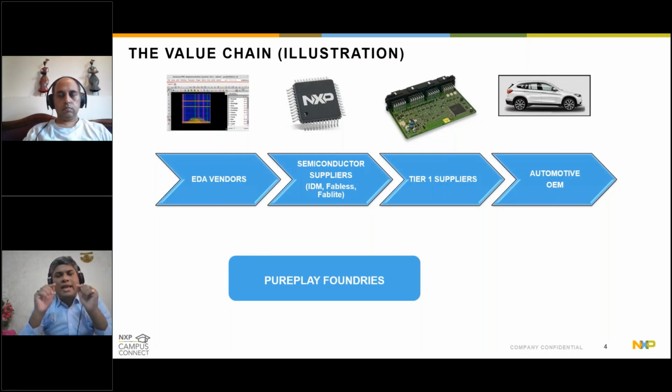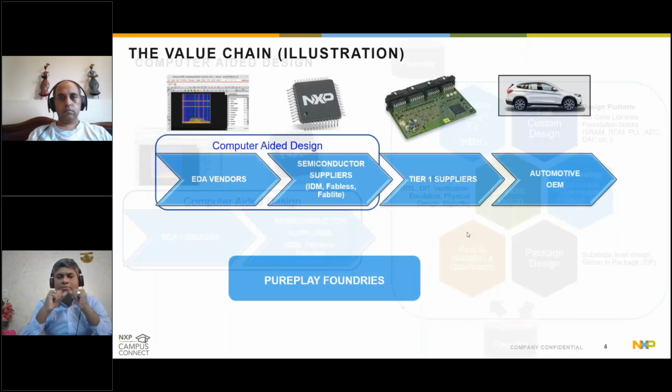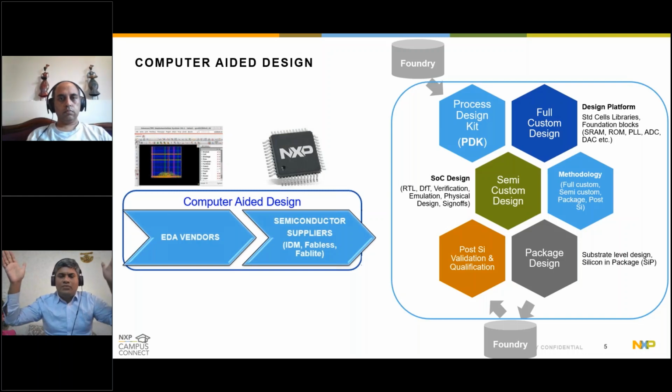Now, if you move to the next slide, Shyamji, we will double click on the first part, which is the computer-aided design part. Yes. So this is driving home. That's the larger umbrella that we show. Now we are kind of zooming into what makes sense to us as engineers. So if we double click on this computer-aided part, on the right-hand side, what you see are the various areas which go into making a semiconductor chip possible.